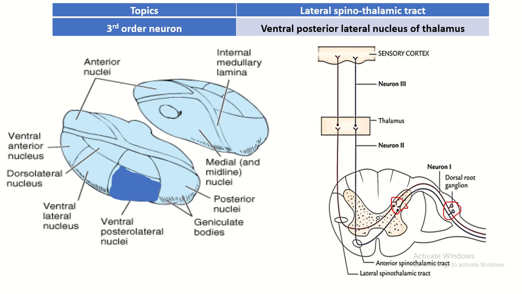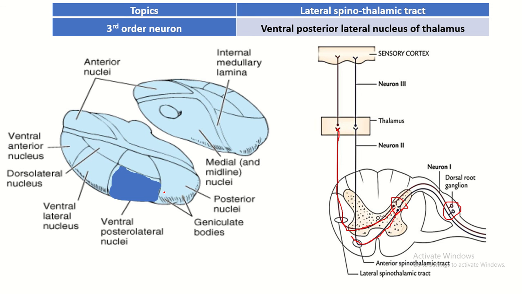Then the axons of this neuron cross the side and go to the opposite side, and just lateral to the ventral horn it ascends, and it goes to the opposite thalamus. Thalamus is part of the diencephalon, situated in the dorsal part of the diencephalon. It is the collection of gray matter, and it contains so many nuclei.